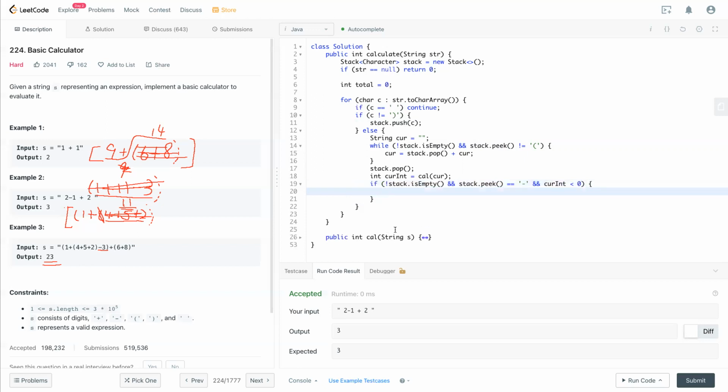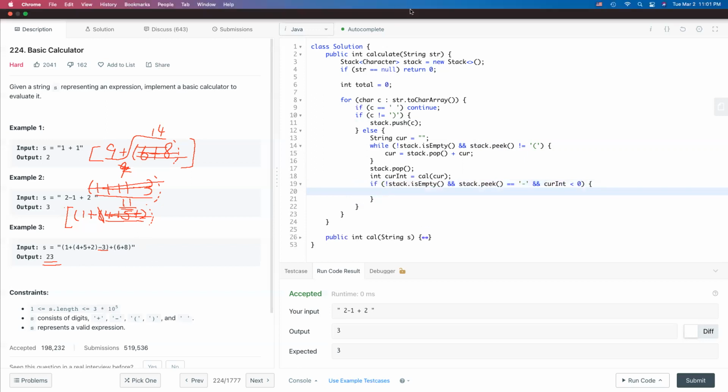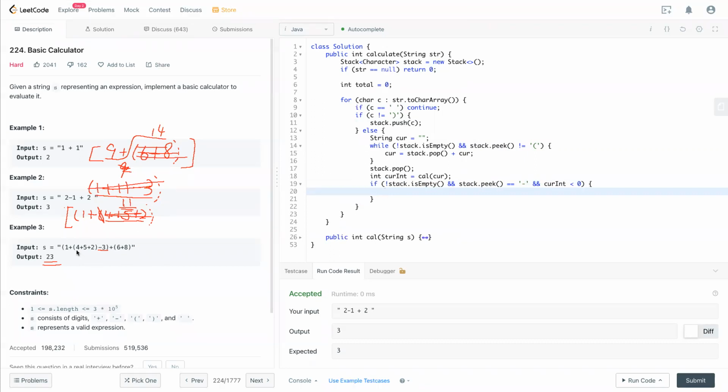So what that means is, if there's a case right here, for example, the thing in here is a negative number, and here is a negative sign. So we cannot have negative one. They don't know what's negative. So that means if the peak of the stack is a negative,